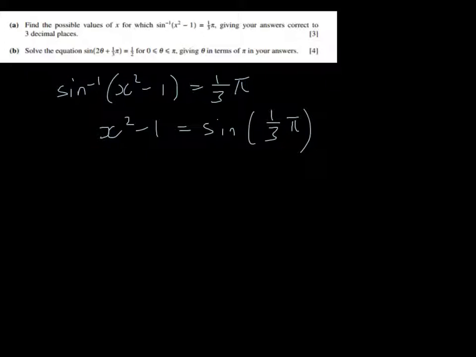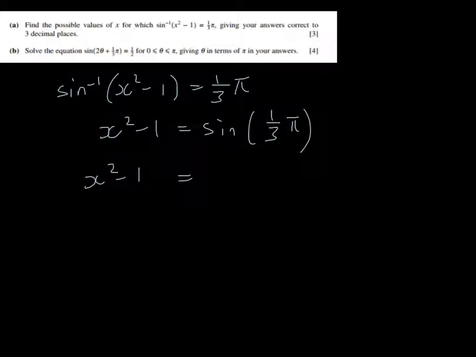Now in this case, they said you can give your answers correct to 3 decimal places. So you've got to watch out for how they've asked you to give your answers, because if they asked for your answers in exact form, you'd have to be careful. But in this case, it's asking for 3dp, so that's all fine. So if you take sine of 60 degrees,